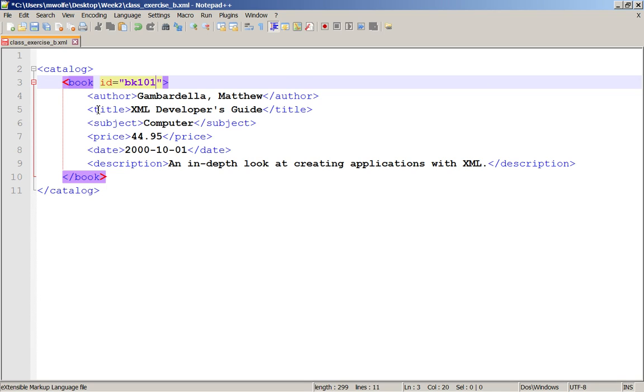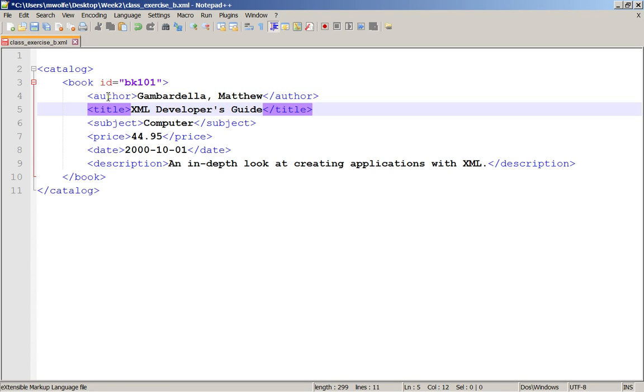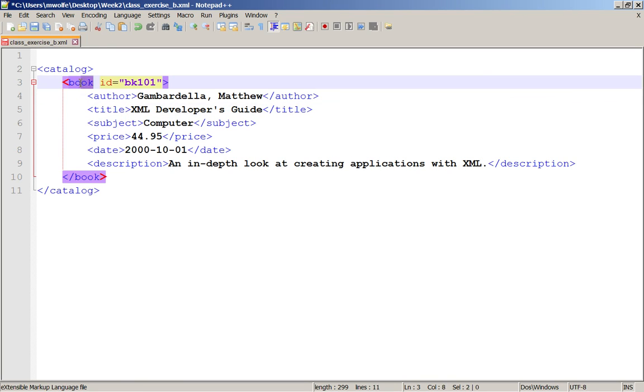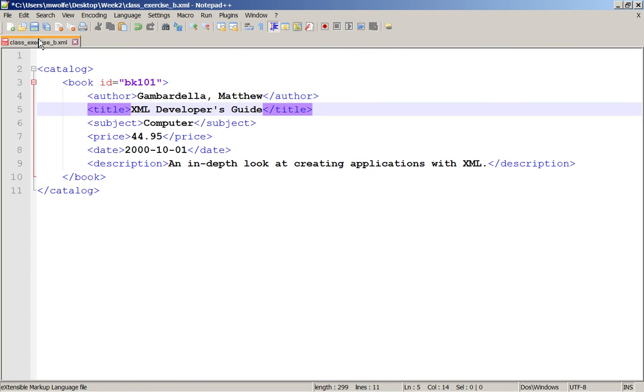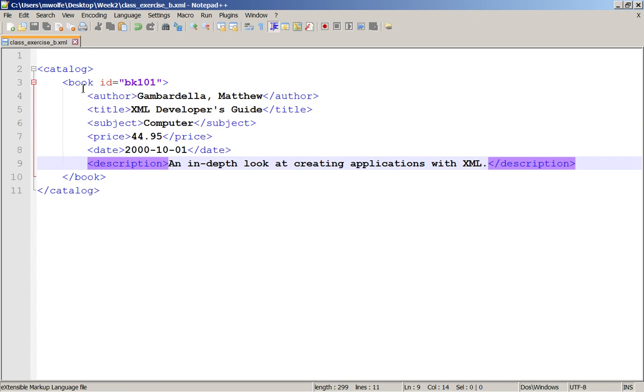So book 101. So basically this is an attribute, and we'll talk more in detail about what elements, attributes, root nodes, that sort of thing is, hierarchy. But this is something just to get you going. Basically this little attribute is kind of a facet of the element. We can put that in there and save it. And basically what we have here is our first XML document. And we will